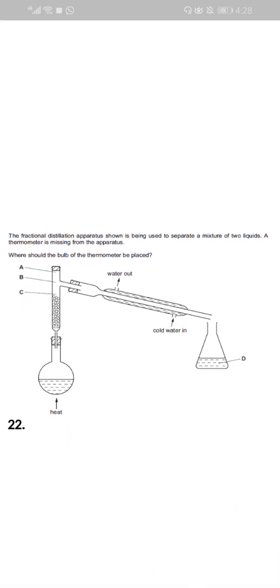So, the first question is: the fractional distillation apparatus shown is being used to separate a mixture of two liquids. A thermometer is missing from this apparatus. Where should the bulb of the thermometer be placed? It's very simple: the thermometer bulb should be at point B, because the position of the thermometer is exactly in front